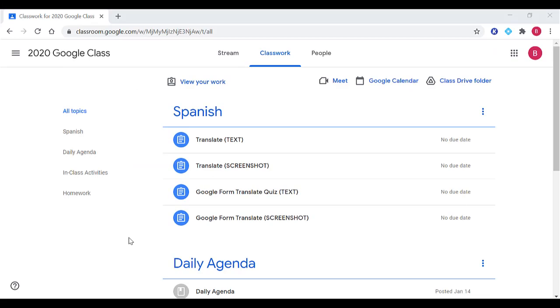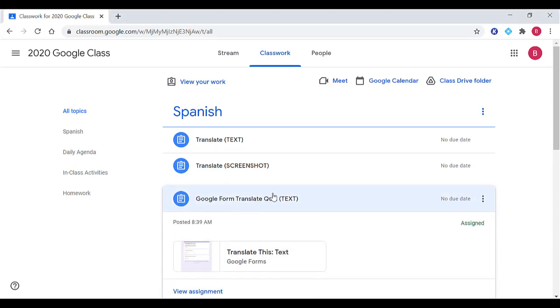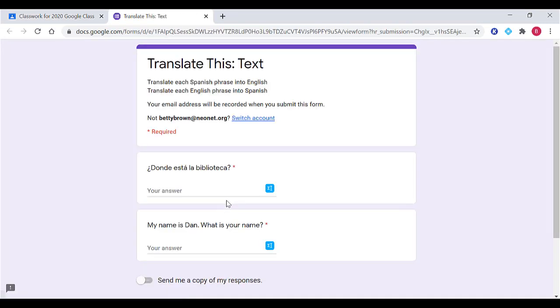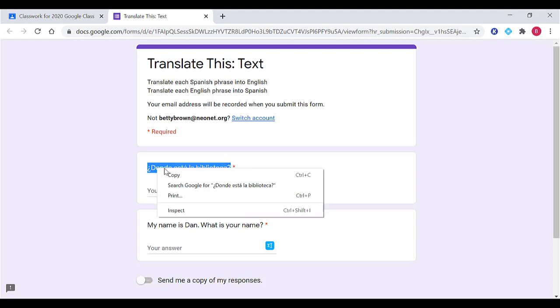We can take the same concept from what we talked about in Google Docs and apply it over to Google Forms. So let's open up this Google Form Translate quiz. This one will have just that text in there. And same thing that we talked about before, it's very prone to students being able just to copy this text